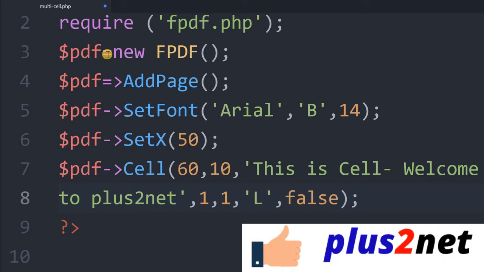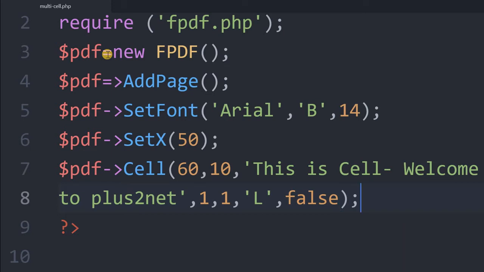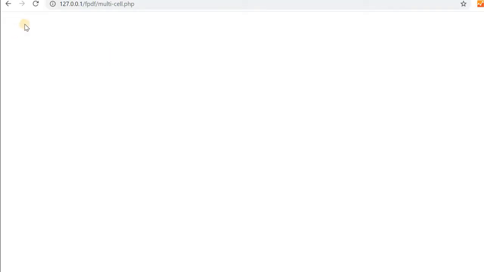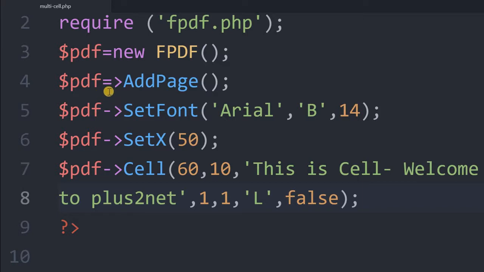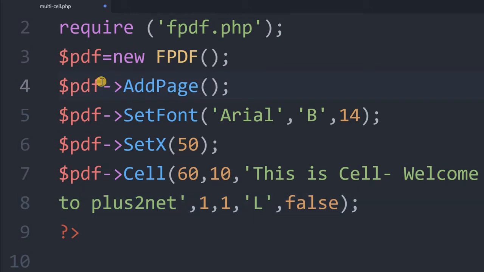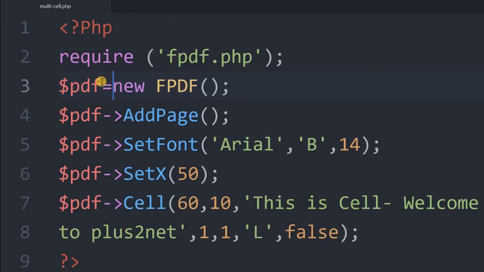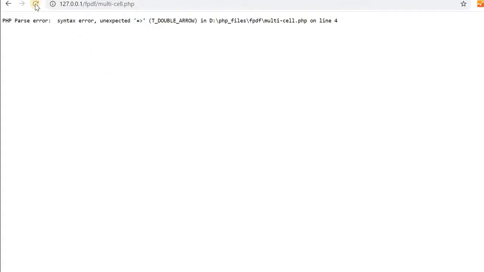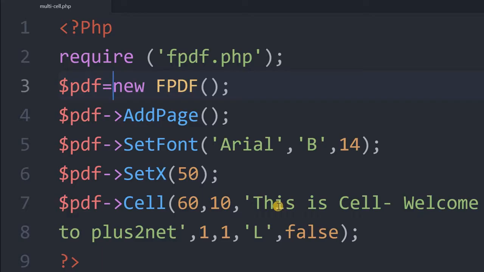If you want to see, let's see what the output is giving. So I am refreshing this page. On line 4 I did FPDF add page. Sorry, this I had to give as a fine. Okay, now let's refresh this and see. Okay, I have not given the output, so nothing is expected to come out.